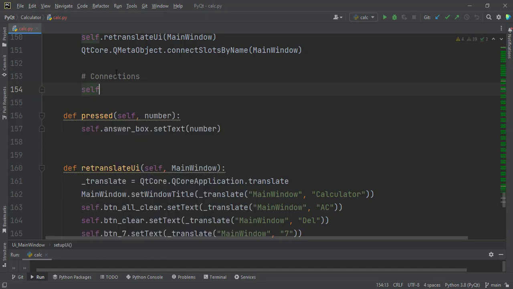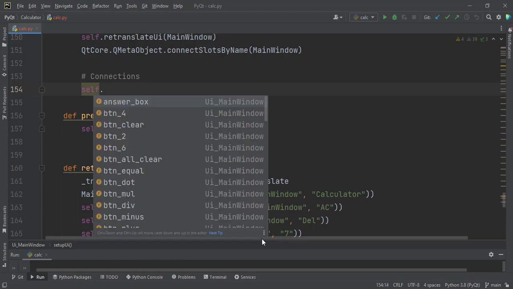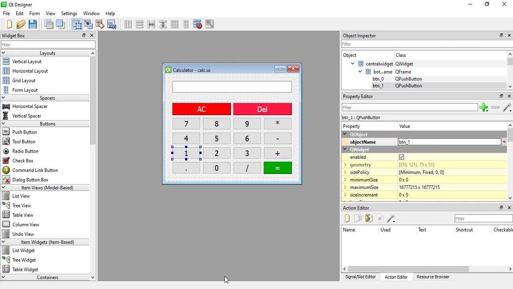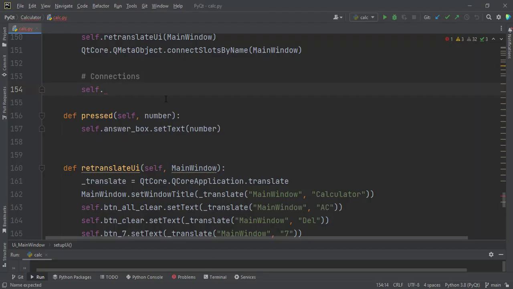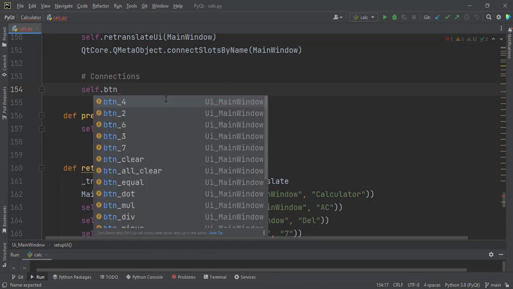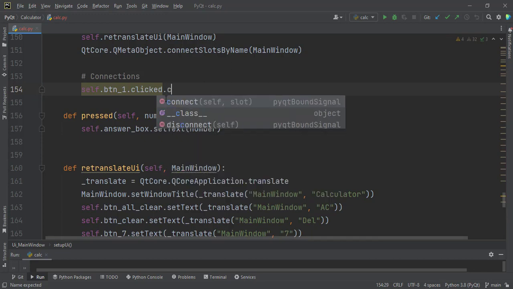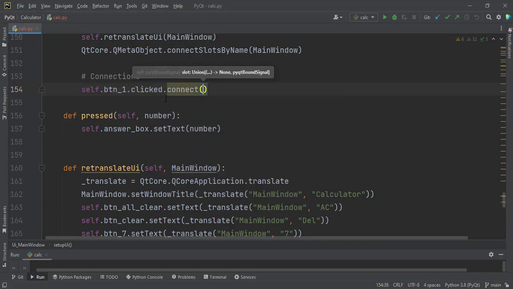So self dot, and here you type the name that you gave it in the object name. For my button 1 it is btn1. That is the name I will use here. So self.btn1.clicked.connect. I want to connect